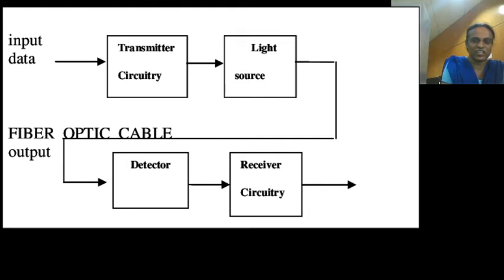This information is transmitted in terms of optics, that is light, given through a media, and that media here we are using is optical media. Hence, we require a fiber optic cable. Fiber optic cable is used to receive the data from the input and give the data to the output. During the course of transmission of data in the optical fiber cable, there is a chance of degradation of the signal.